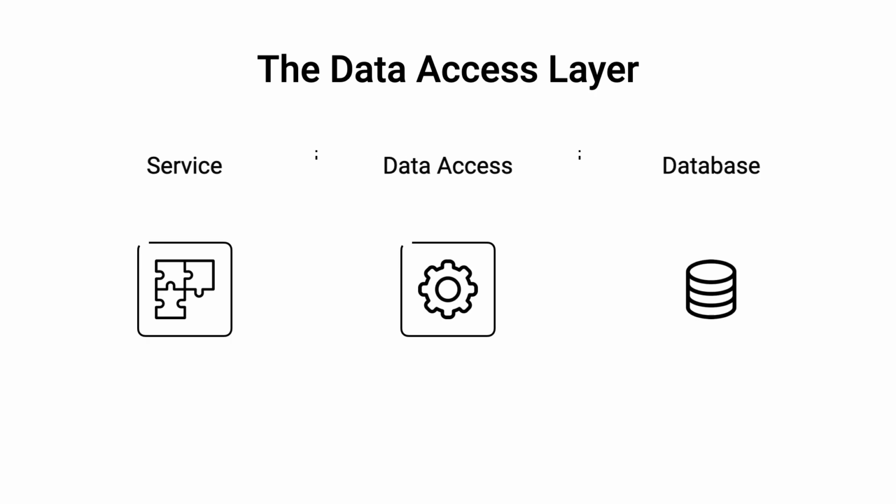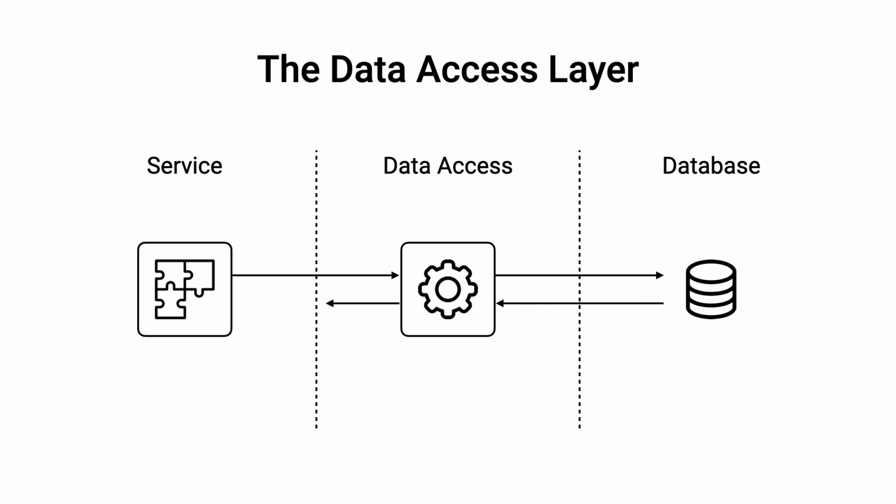The data access layer is the layer responsible for performing input-output operations outside of the application's boundaries, such as communicating with the database to carry out CRUD operations. One of the easiest ways to implement this layer is to use an object relational mapper, also called ORM, which